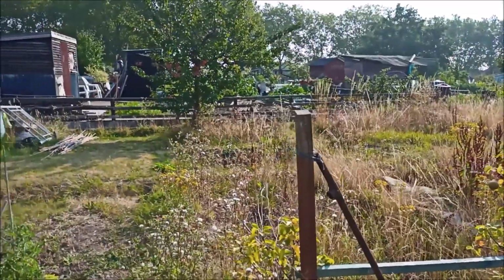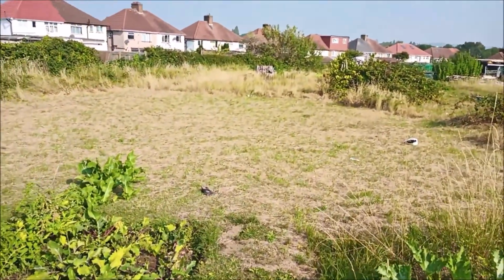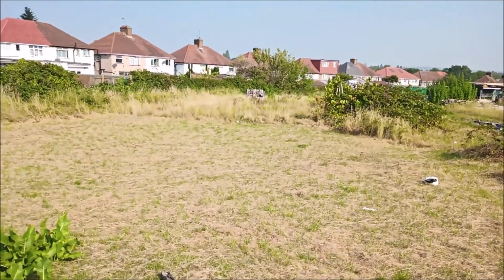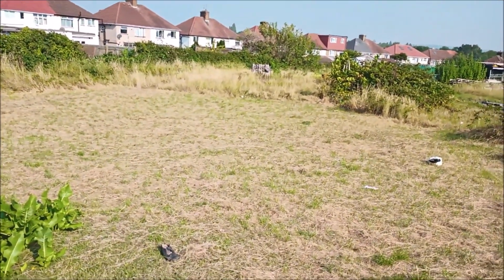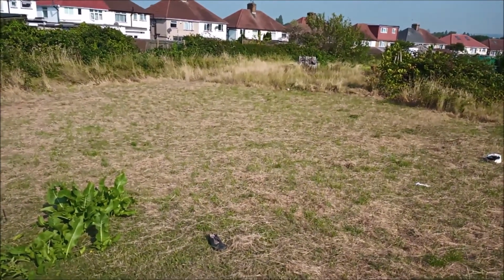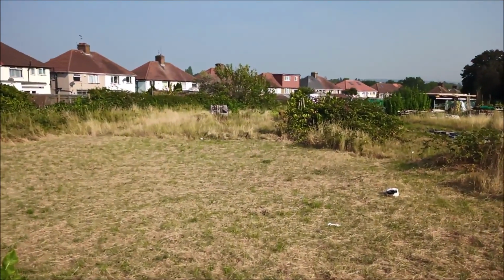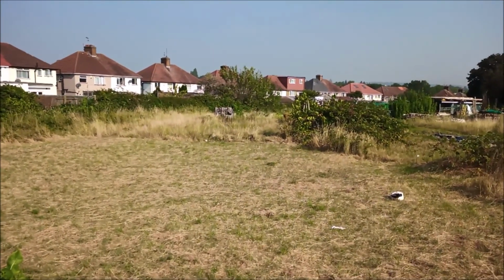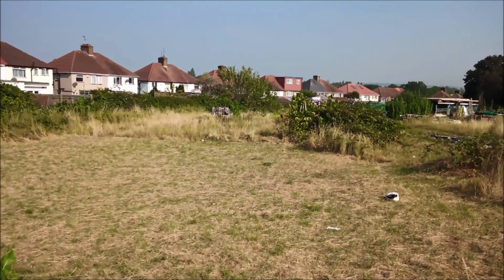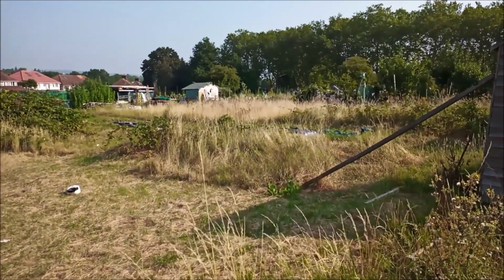This plot certainly needs a lot of work doing to it. There's a half plot here that's just been let, and the person has skimmed the grass, ready to either cover it to help kill off the roots, or to dig it up straight away. And beyond that, you can see the other half of this big plot that hasn't yet been taken is still covered in quite a lot of grass, and next to it, you can see some more